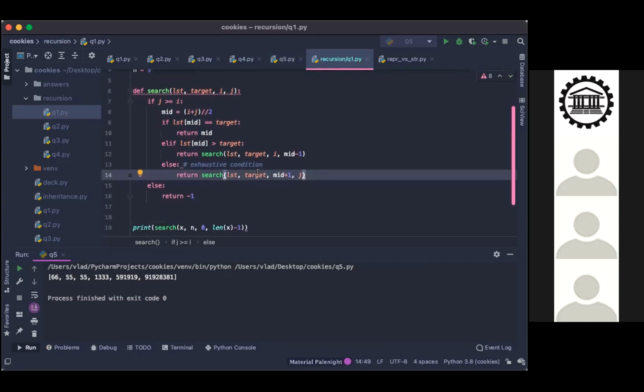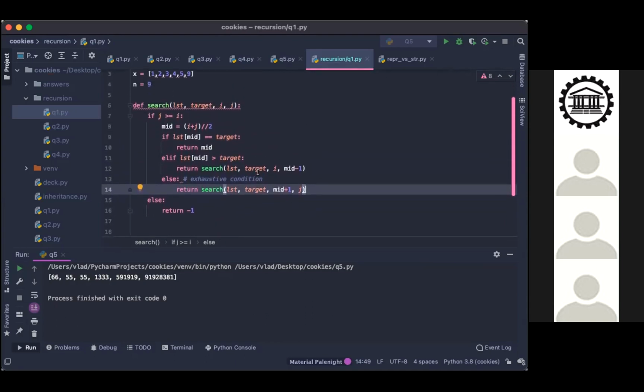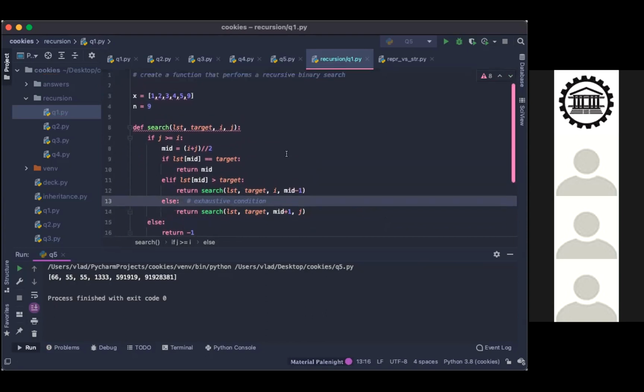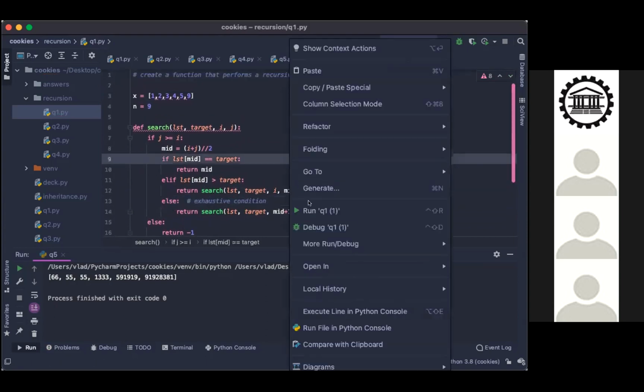What else? Or is this it? No, yeah, that's it, because then it would return mid once it reaches that. If it's not there, then it would return negative. Okay, let's see.